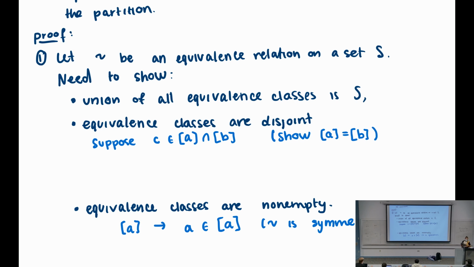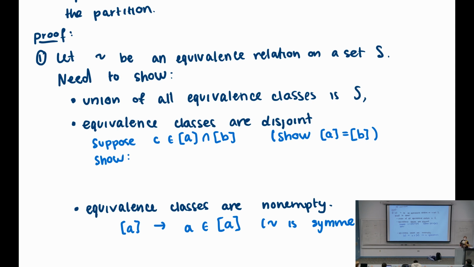So that would mean that our equivalence classes are either equal or they contain no overlap, so they're disjoint. Okay, so if C is in both, then that means that A is related to C. Or rather, let's do this. So we'll show